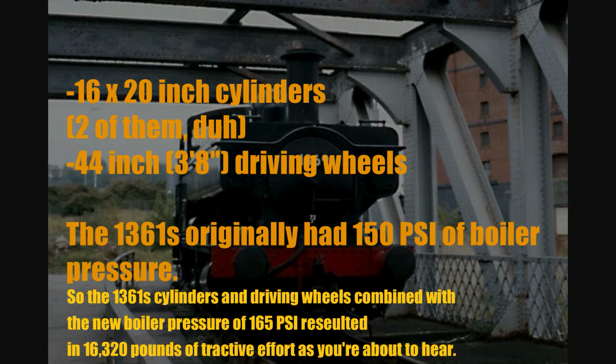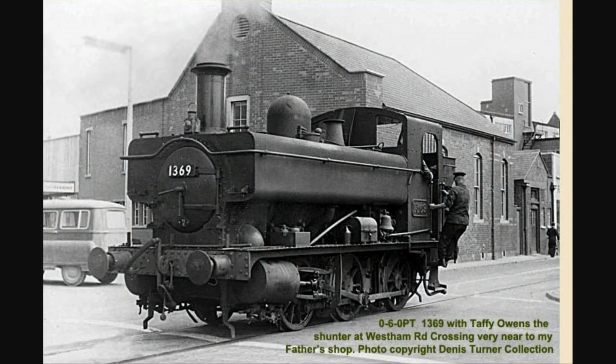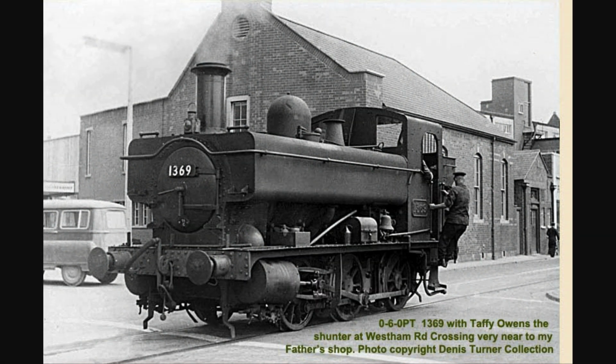The rest of the tractive effort related geometry was the same on the 1361s, so the extra 15 psi of boiler pressure boosted the tractive effort to 16,320 pounds. But they were basically used in the same places for similar duties, albeit with a bit more use